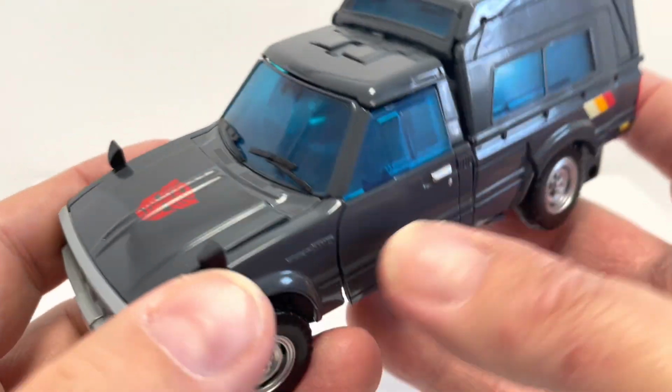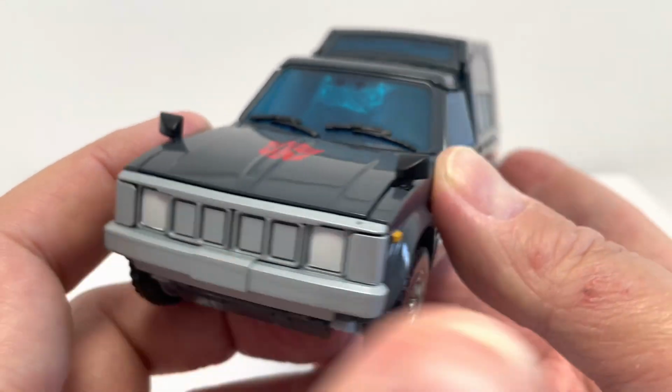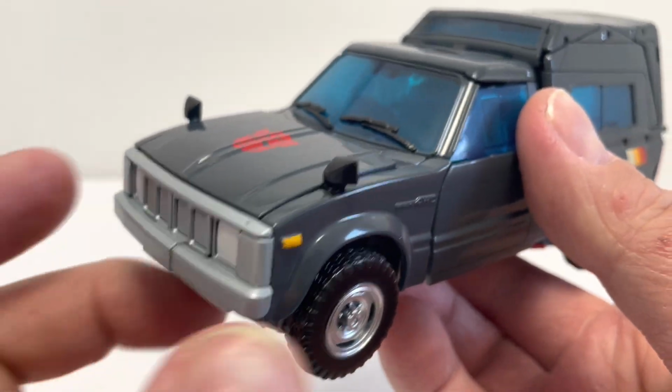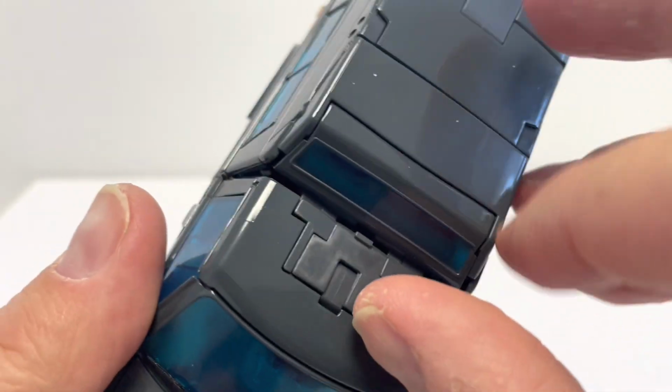You get that really nice matte finish paint on here. And this is also sort of matte finish. The more I look at it, yeah, I kind of do like the cartoon accurate grill. So very, very cool. So with just one last thing in vehicle mode here, there's a little piece here that